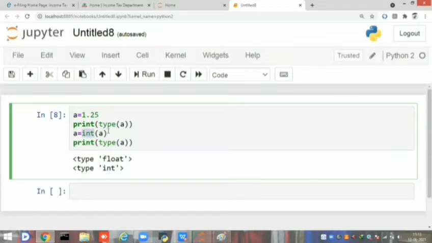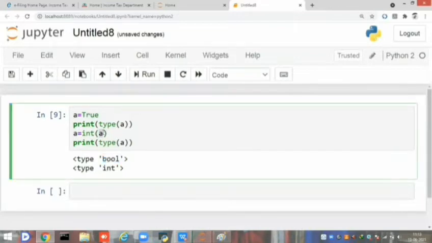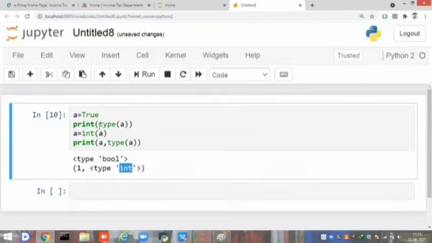For example, if I want to change this float to boolean, instead of 1.5 I'm giving true, and true is boolean type, and whenever I change it to int, the data type of that a is int. If you want to see what is the value in a, the true value is 1 in terms of integer, whereas in terms of boolean it is true.